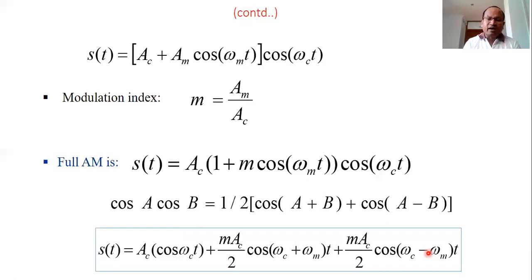Both the sidebands are on either side of the carrier signal. On the right side of the carrier signal is the upper sideband, and on the left hand side of the carrier signal is the sideband called the lower sideband. But in simple language, in the expression we can simply say that there are three terms in the amplitude modulated wave, representing carrier, upper sideband, and lower sideband respectively.